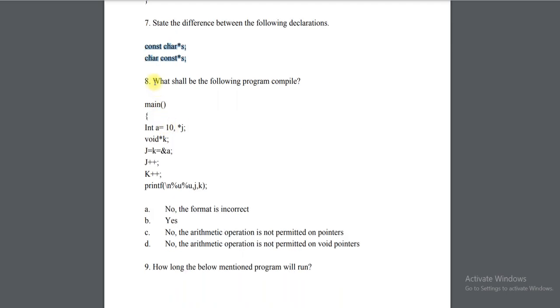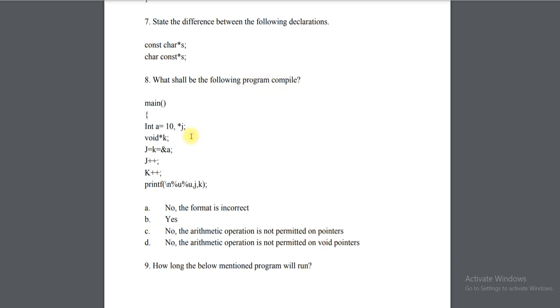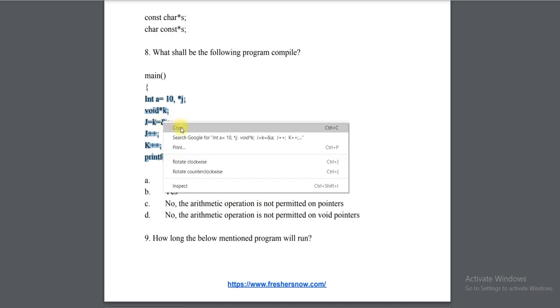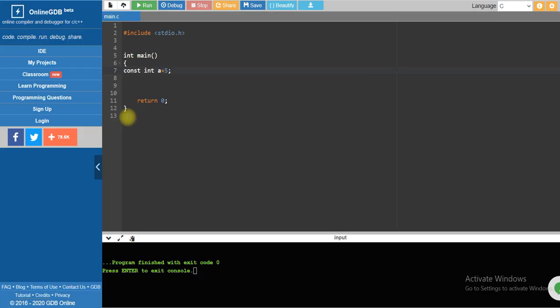Coming to question number 8. Will the following program compile? Here all the things will go fine, so it will be yes. You will not get any type of error. Let me compile it and prove it.